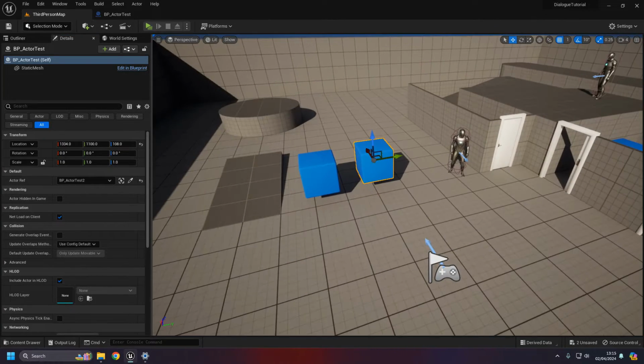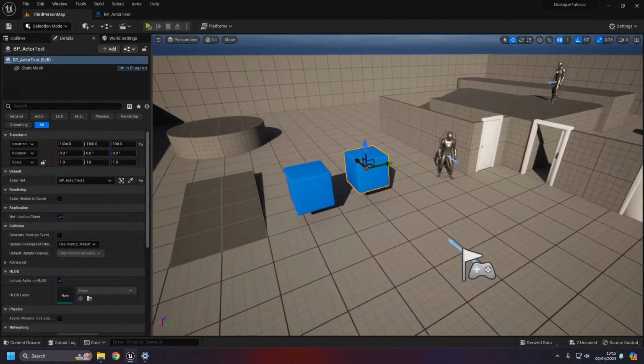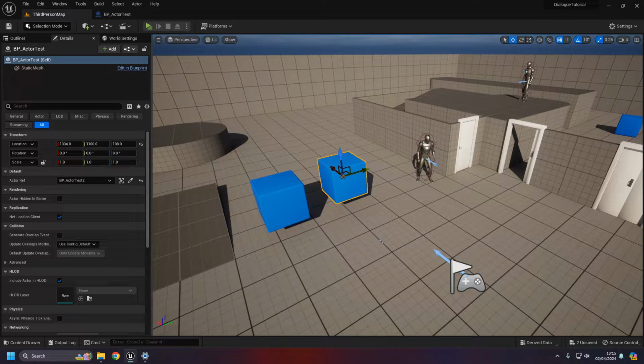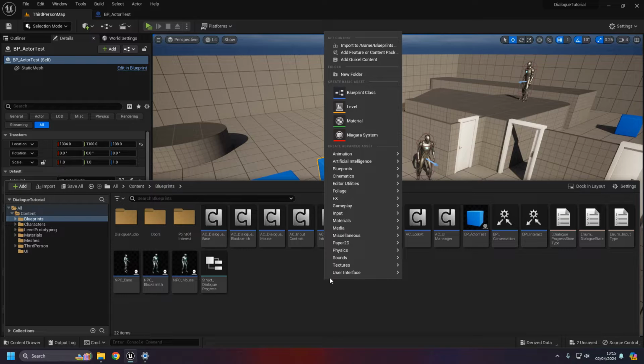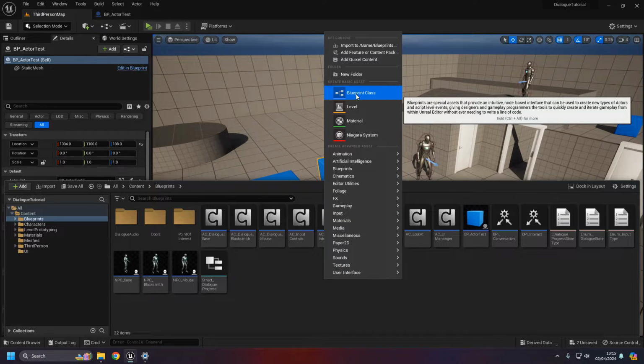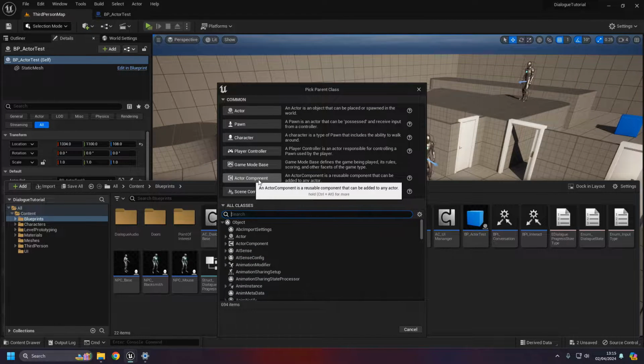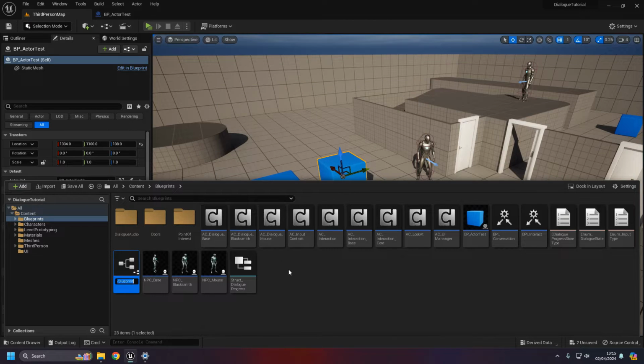So what we need to do is come up with a system that allows us to essentially register an actor with a specific name, so then we can get that from somewhere else. So that's the end goal, really. What we're going to do is open the content browser, right-click, create a blueprint class, and this is going to be of type actor component. And I'm just going to call this one